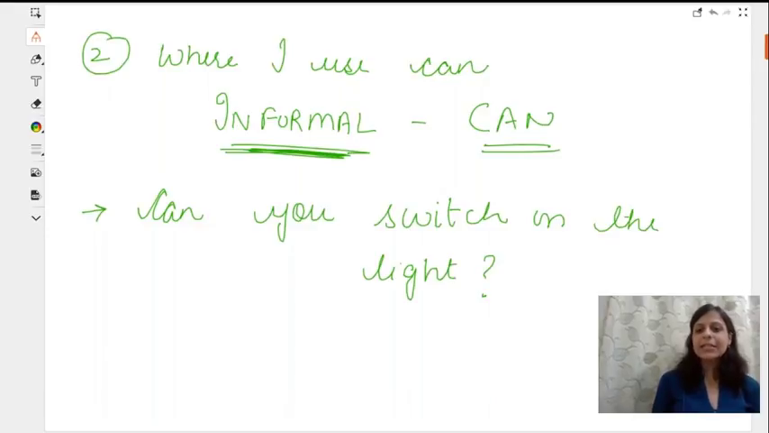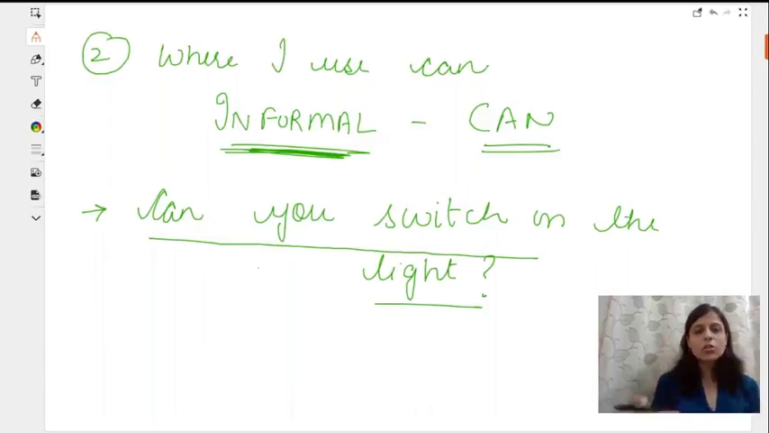Basically, at this time, you can very well make a statement like this, but make sure you use the modal can when you are surrounded by people who are related to you in an informal manner, right? Maybe your cousins, maybe your relatives. But when it comes to office and you have to ask for permission, if you have to ask for help,